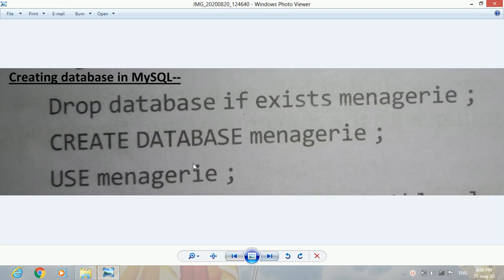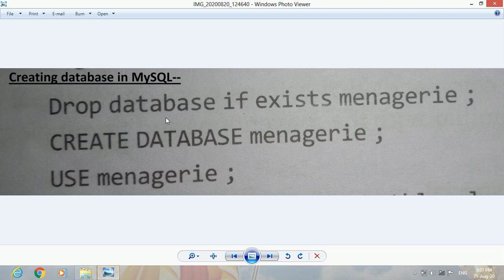So students, today you will learn how to use MySQL for creating a database and putting queries in the tables of the database. So first let us learn how to create a database in MySQL. To create a database in MySQL, the simple command which we write is CREATE DATABASE, space, the name of the database, like managery or any other name, maybe your name or any other student's name. So the simple syntax: CREATE DATABASE, then the name of the database, and finally a semicolon.